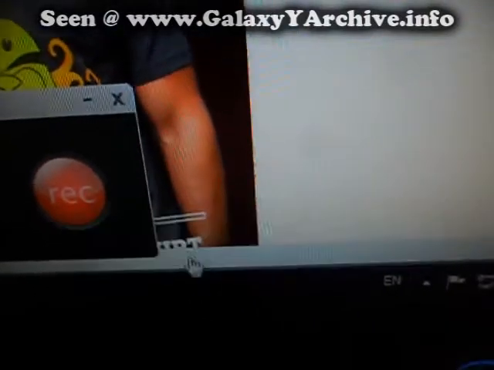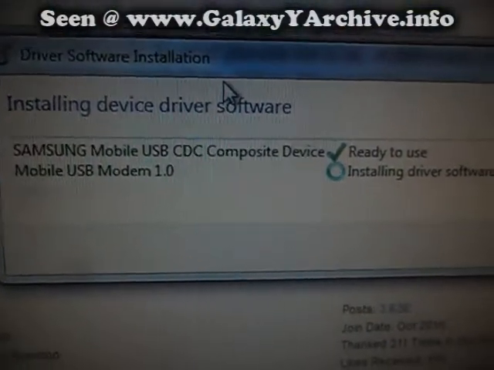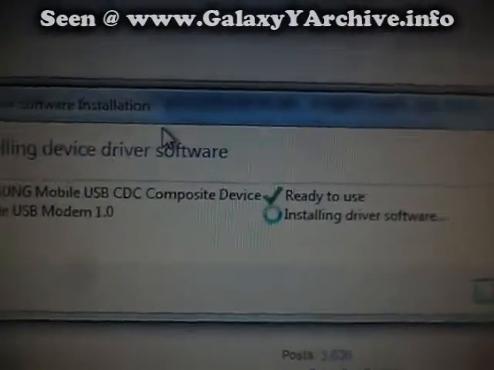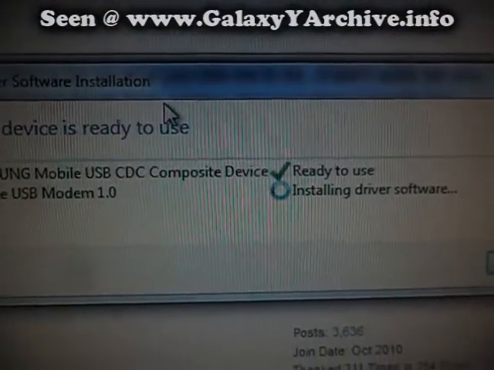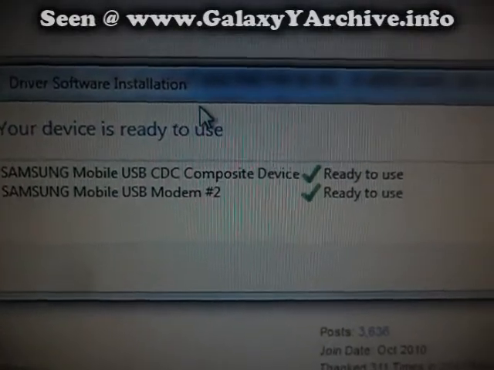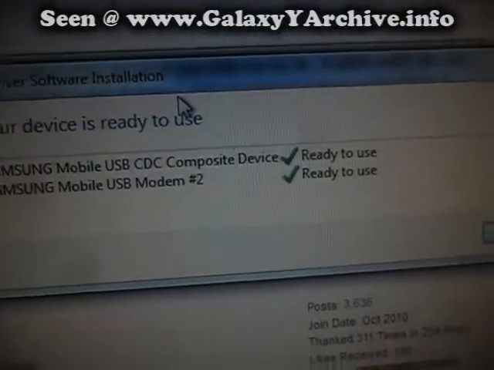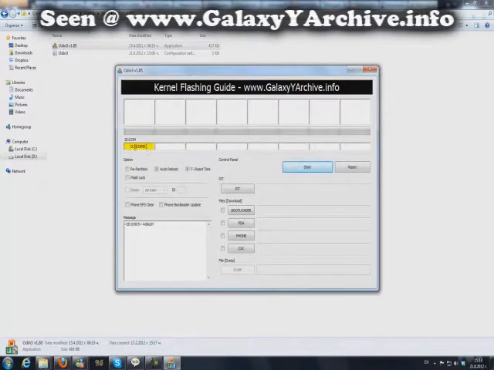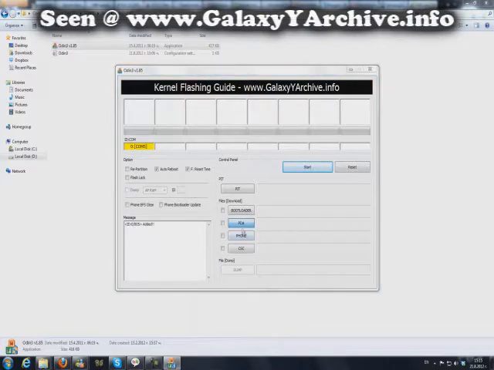And this time, as you can see here, we don't get any errors. This time it has connected successfully. So yeah, what you do next is you start Odin. There you go, you see it detects the phone, COM5. So now what you do is you do not check any of these options here. You leave them as they are by default, and the only thing which you are going to select now is PDA,